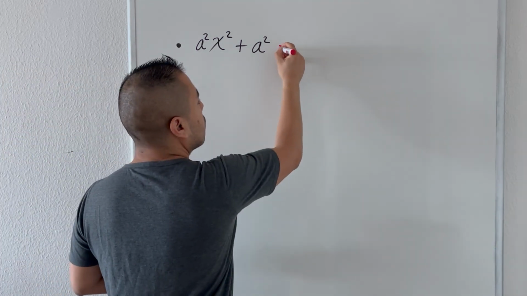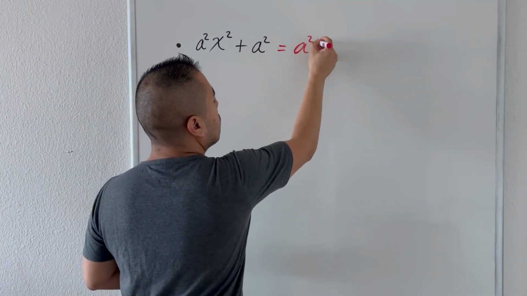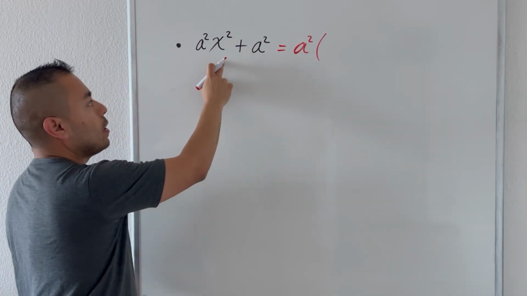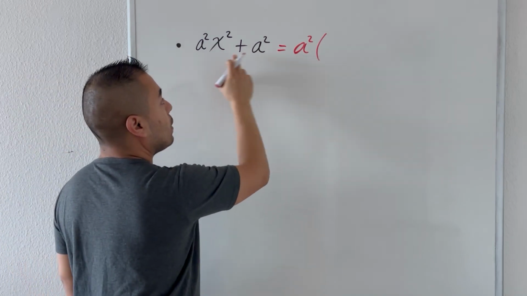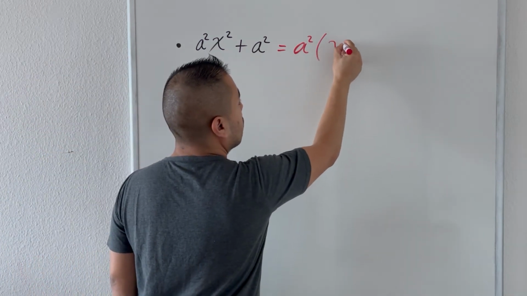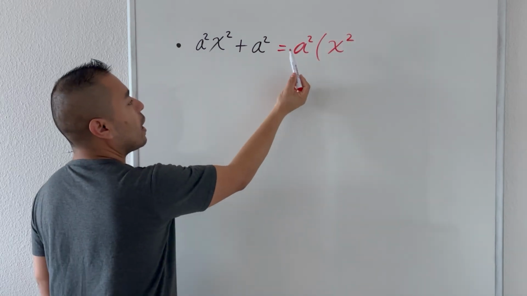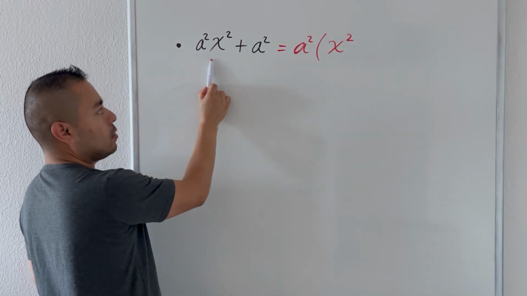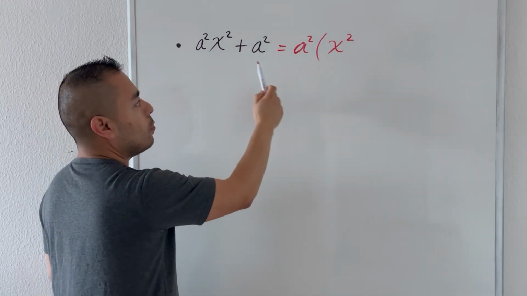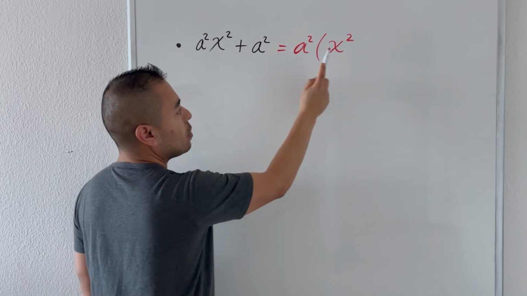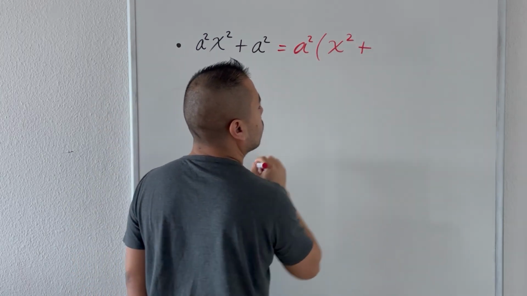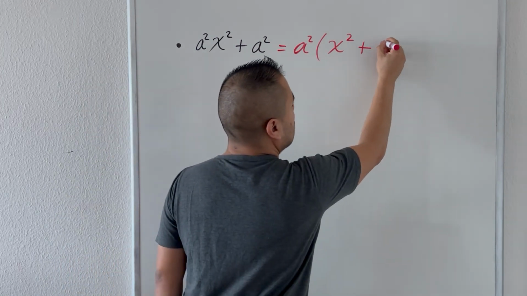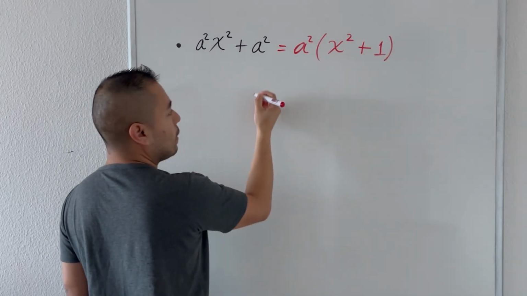This will be a squared that should multiply something in order to get this term here. In this case, what we are lacking to get this term is x squared. So we will have a squared multiplied by x squared is this term. For the next term, we have a positive. So this is positive. This should be as well positive, right? And we have an a squared, and we have it already here. So this means that we need to multiply by 1. And this